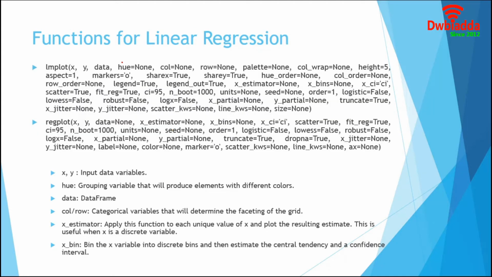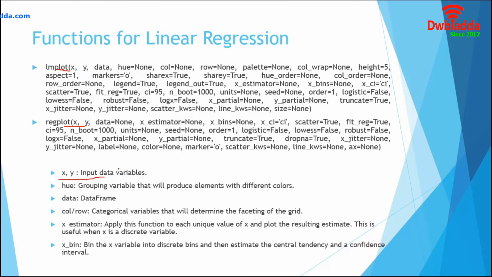Two main functions, lmplot and regplot, are used to visualize a linear relationship as determined through regression. These functions are closely related and share much of their core functionality. In the simple invocation, both functions draw a scatter plot of two variables and then fit the regression model and plot the resulting regression line and a 95% confidence interval for that regression. Both the functions have a good number of parameters to represent the plots effectively.